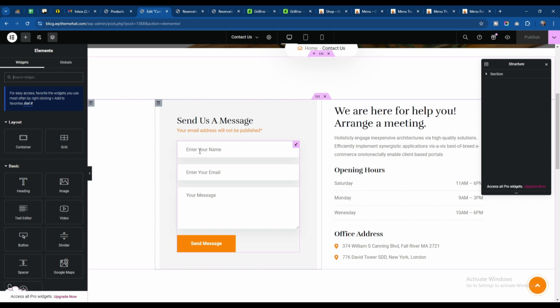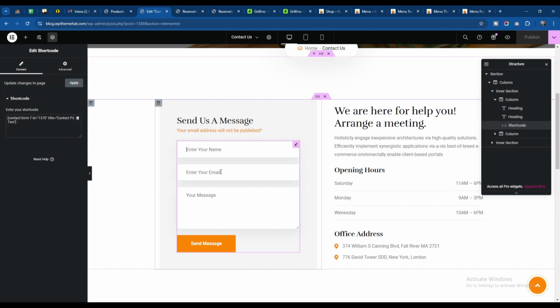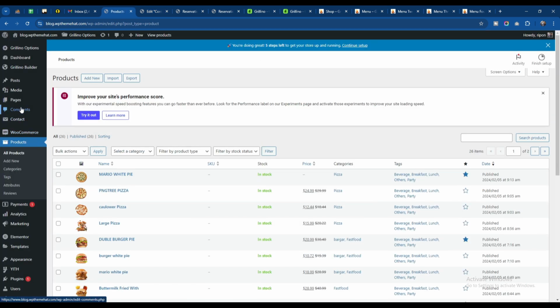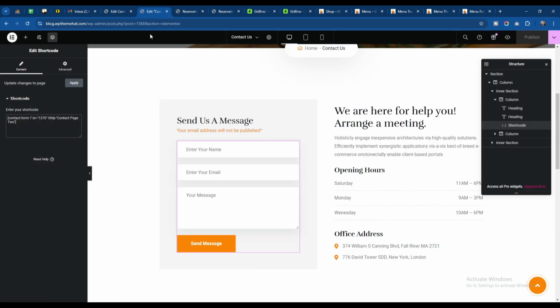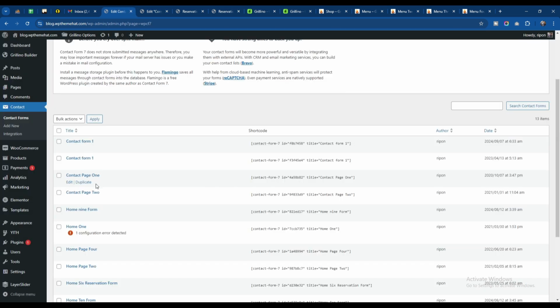And if I want to edit the contact form, then as you can see here the contact has 2 and the ID is 1370. So if I go on the contact page again here in the contact, and contact page 2, the title is contact page 2, so this one will be that one. So I want to edit this one,